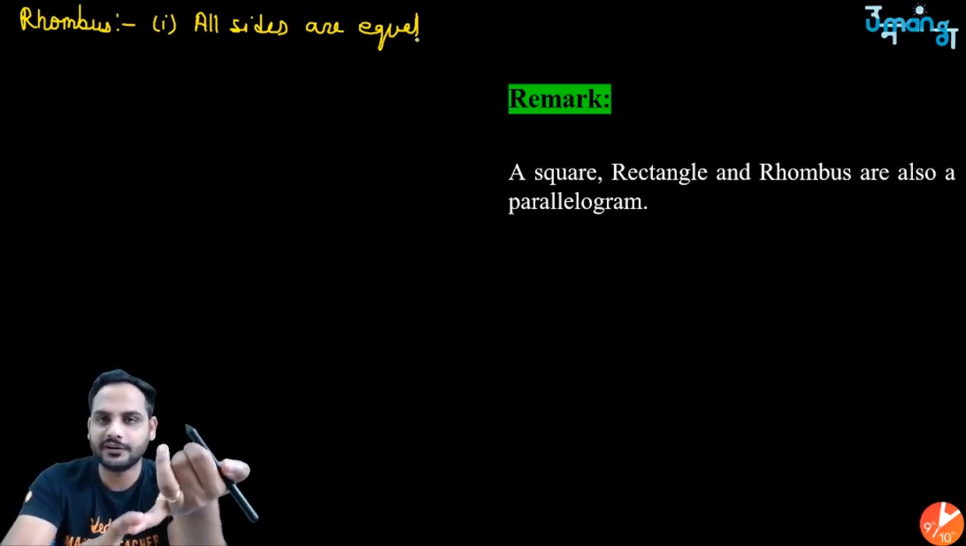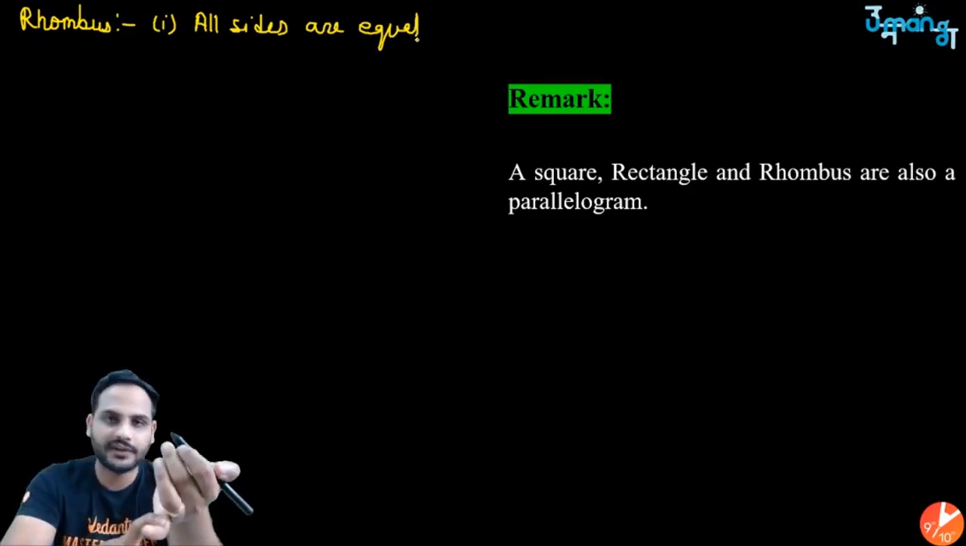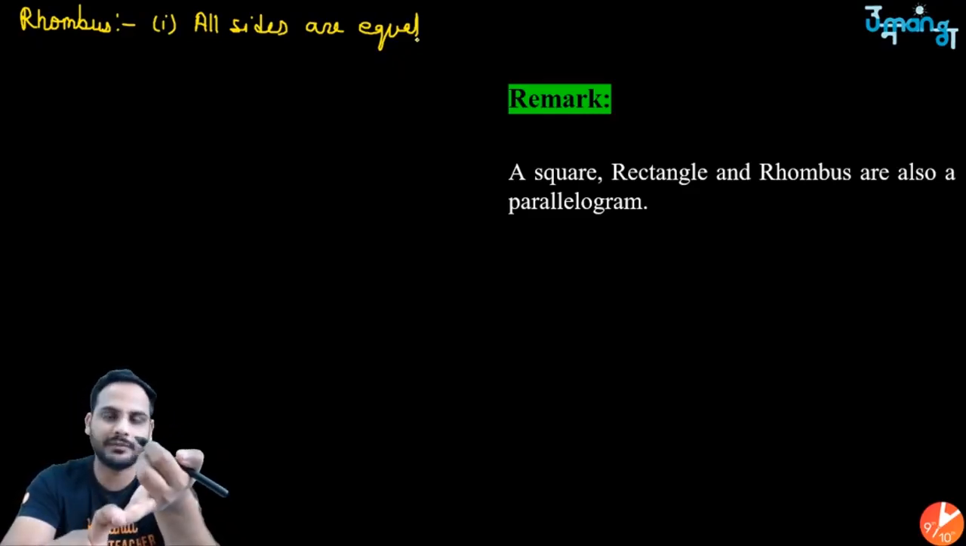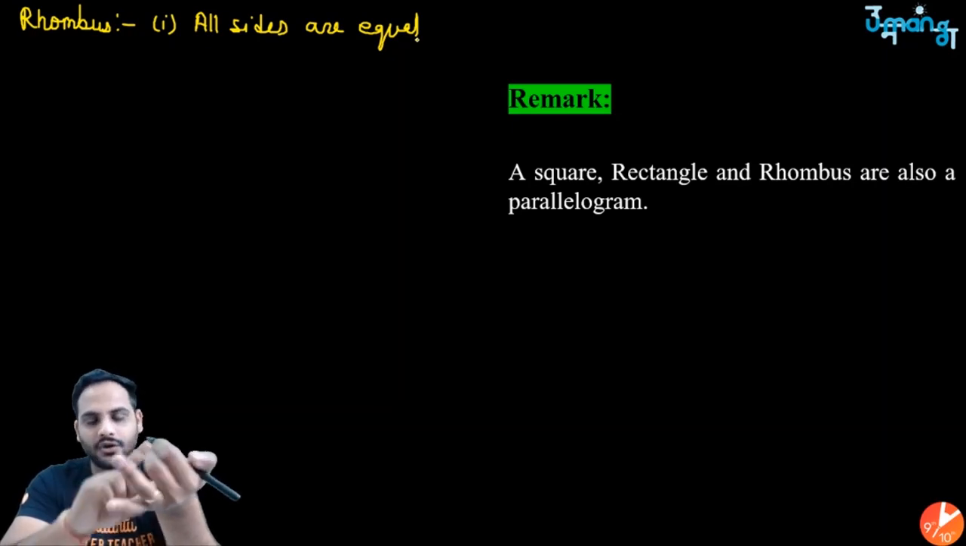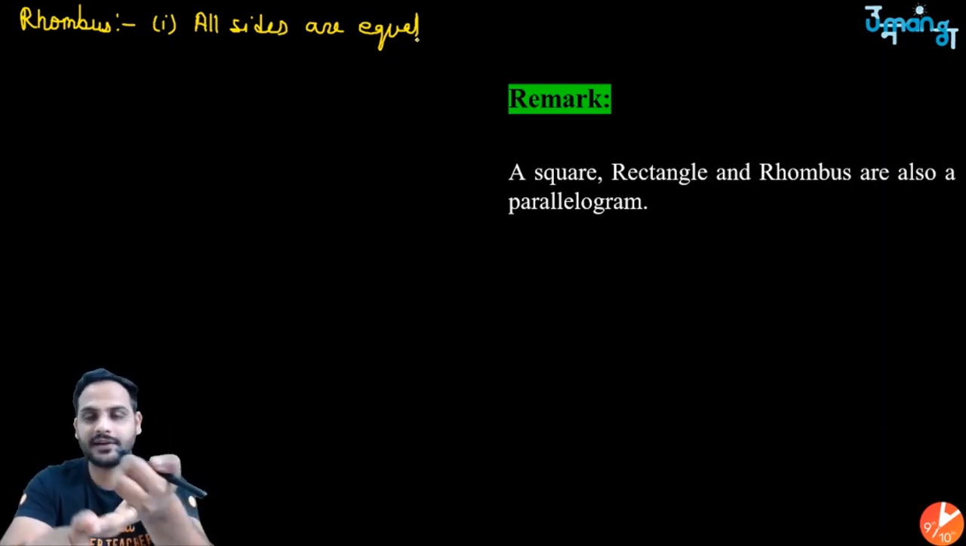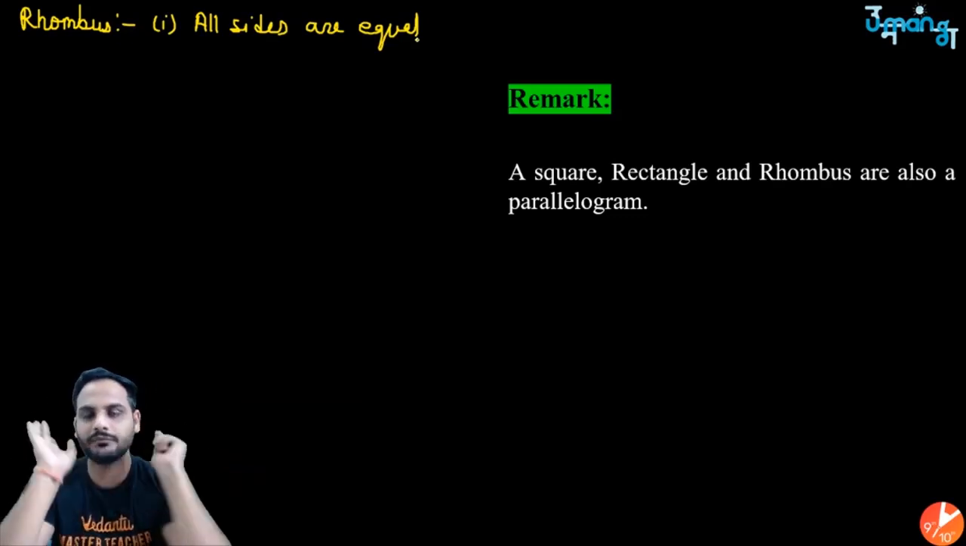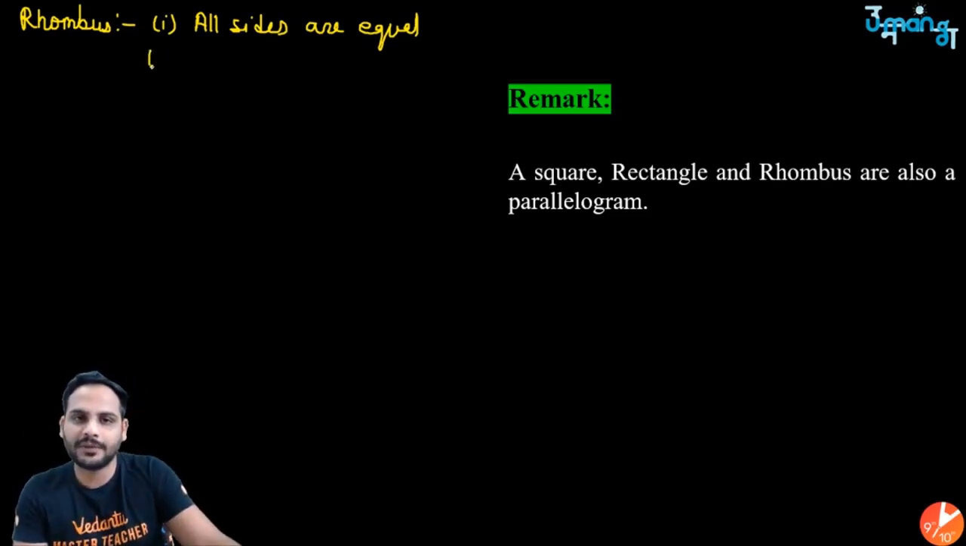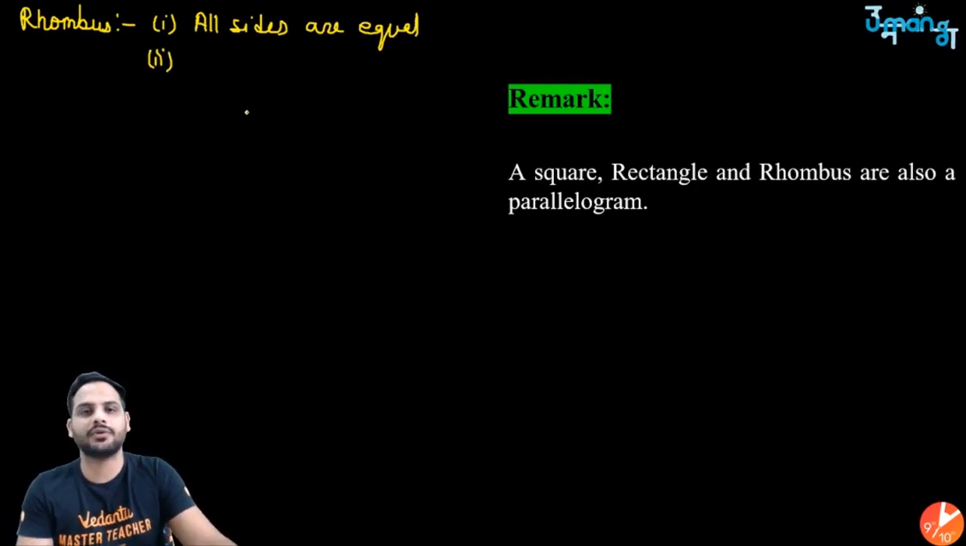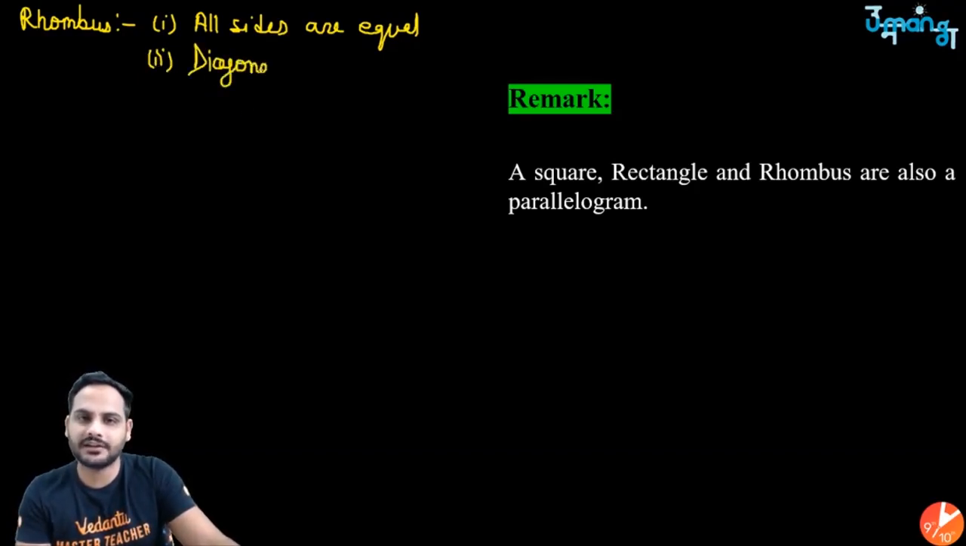The rest of the properties will be followed. Diagonals will divide it into two congruent triangles. Adjacent angles will be supplementary. Opposite angles will be equal and diagonals will bisect each other. All the properties of the parallelogram will be followed here. One more special property which is very important for a rhombus is that diagonals bisect each other